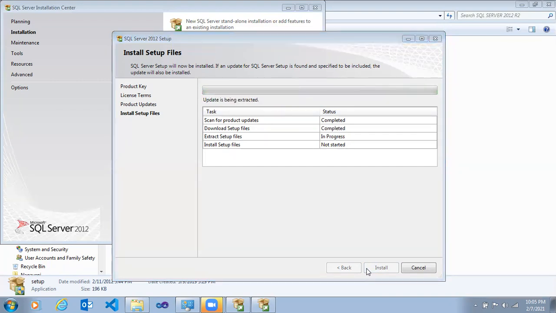Here, the installation wizard downloads some support files from the internet. If your system is connected to the internet, it will automatically download the supporting files. If not, the installation process will continue, and later, when your system connects to the internet, it will download all the supporting files at that time. If those supporting files are really required for this installation, then your installation may fail.